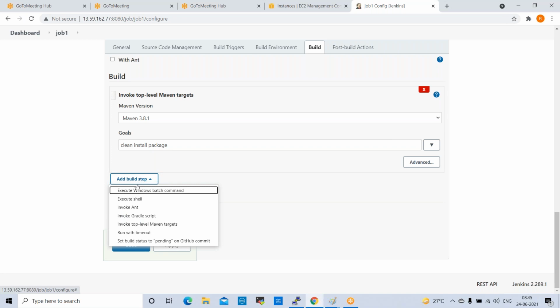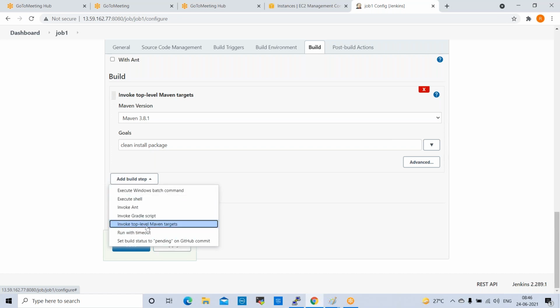Add build step: here also we have some steps. Invoke top level Maven targets, run with timeout, and different things. Execute Windows batch command, if you want to execute some Windows batch commands you can use this. Execute shell. According to your project requirements, you can use these.